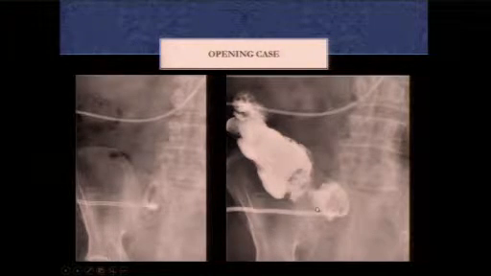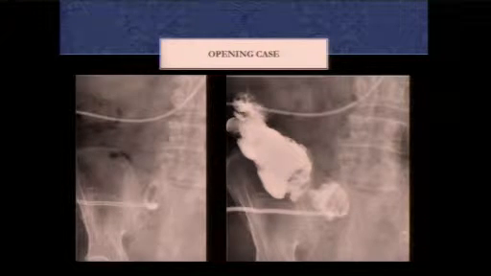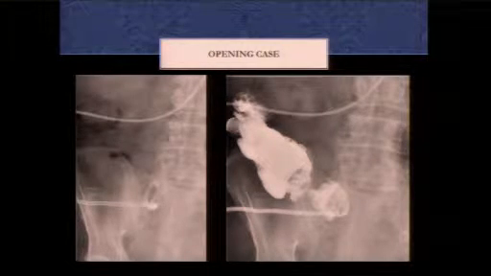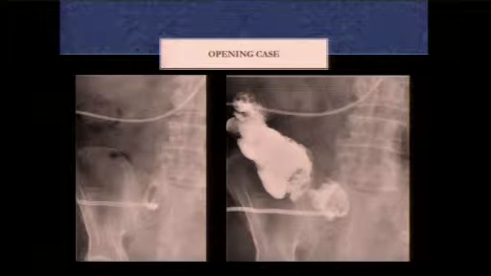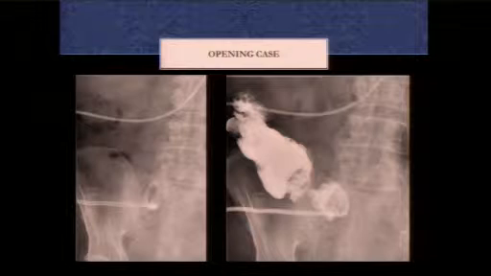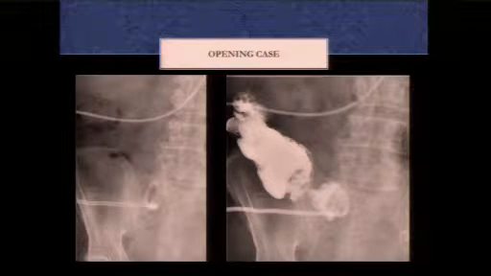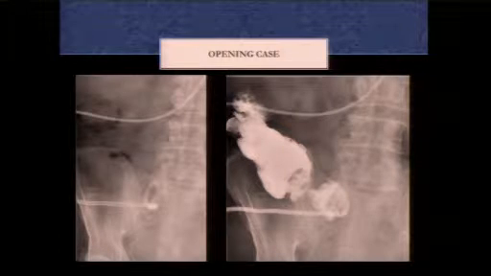So a few questions which arise from this case are, was drainage of this collection indicated? And if this counts as a complication, how can we avoid this in future cases? So that's what I'm going to gear this talk towards. I think drainages are something that are being done in the community hospitals a bit more often. And so I think it's useful for radiologists to know how to best design the drainage procedures to be successful